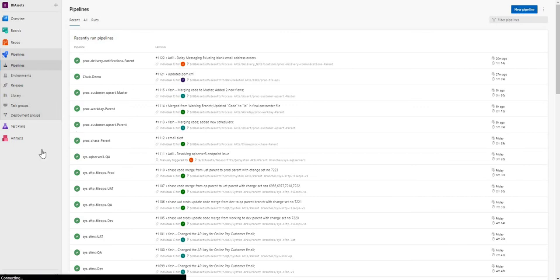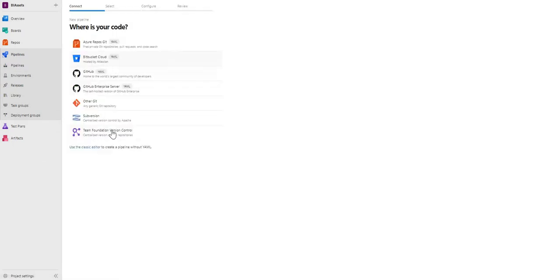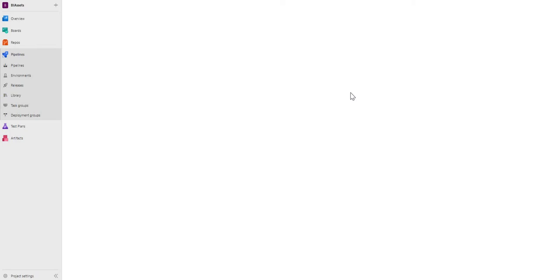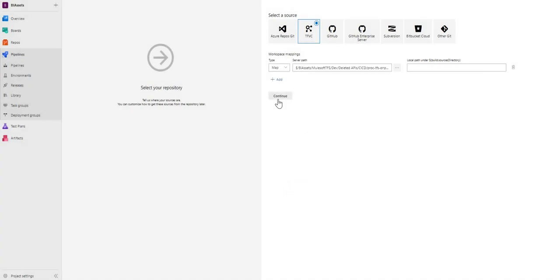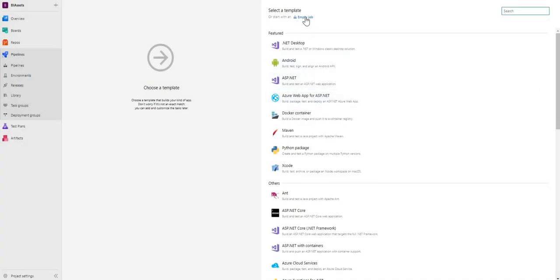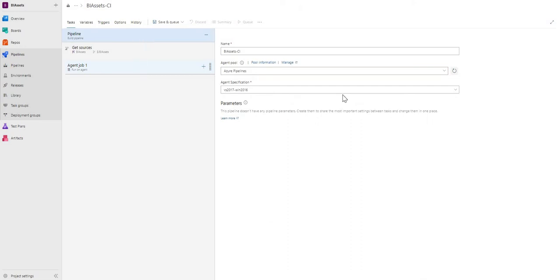creating a new pipeline. Again, our source is TFS. Let's map our project. Done. We will start with an empty job again.